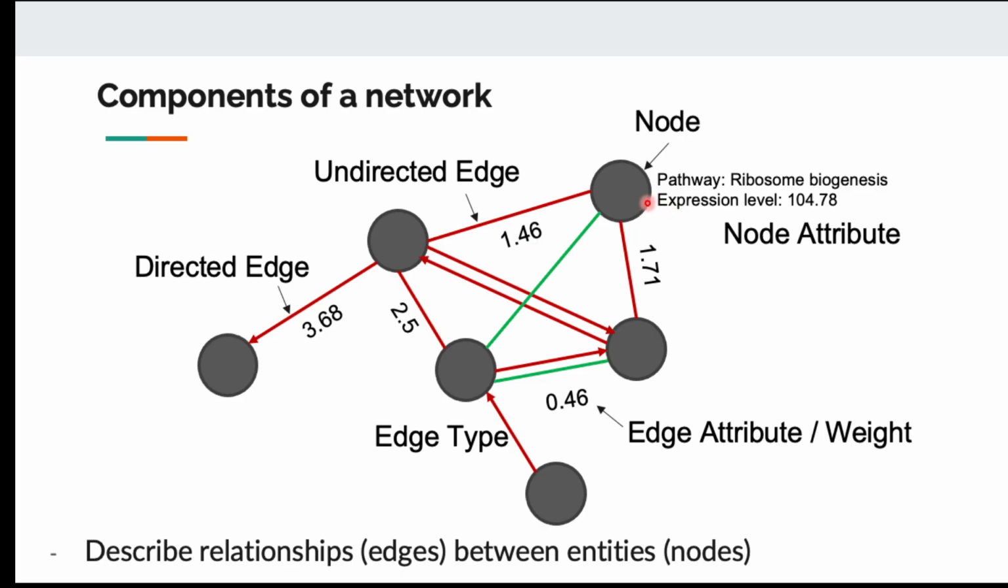And for each node and for each edge, you can also have attributes. What they call attributes is basically the data about the nodes and about the edges. So for a node, for a gene or for a protein, you might have the pathway annotation, you may have the expression level for that gene or protein. And for the edges, you might have the binding strength between two proteins, or some other type